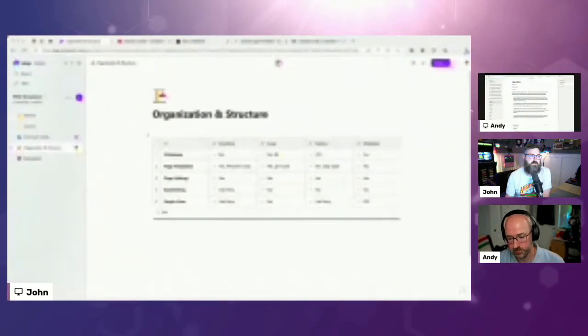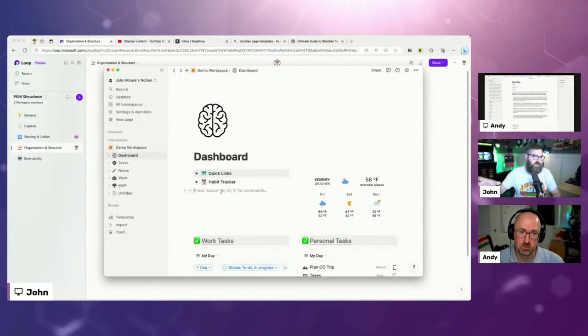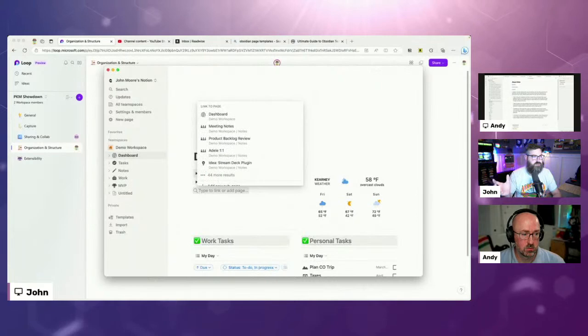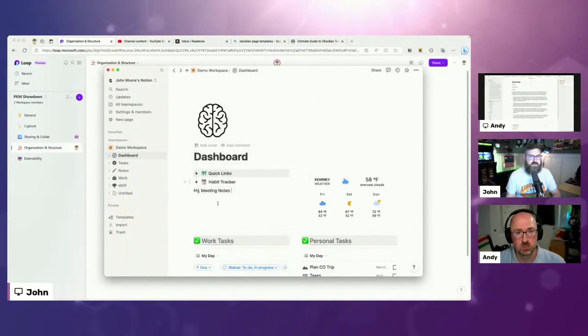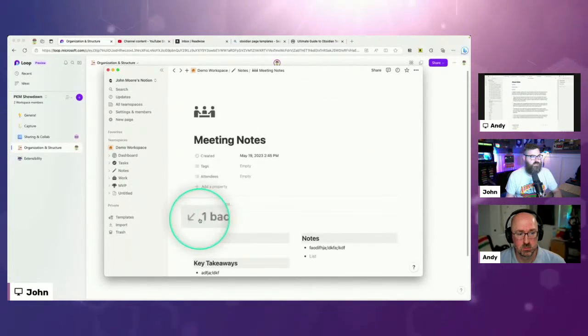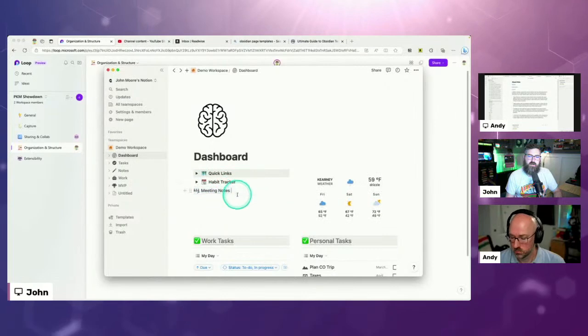Yeah. So to steal the screen and move it forward a little bit, there also is all kinds of different linking in Notion as well. It's the same thing as Obsidian, where you do two double square brackets, and then you can link to something else. So like I can pop a link in for my meeting notes. When I go there, it jumps to the meeting notes section right there. And again, like Andy showed, it knows that there's something linking to it, and I can get back to that. Oh, it came from the dashboard.